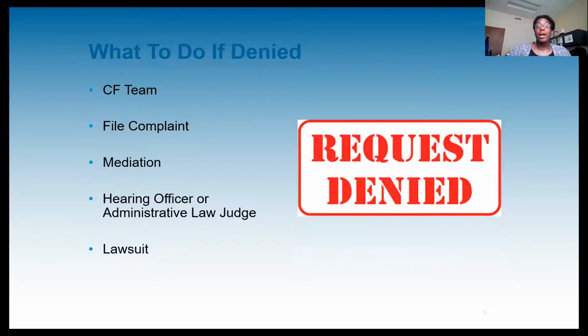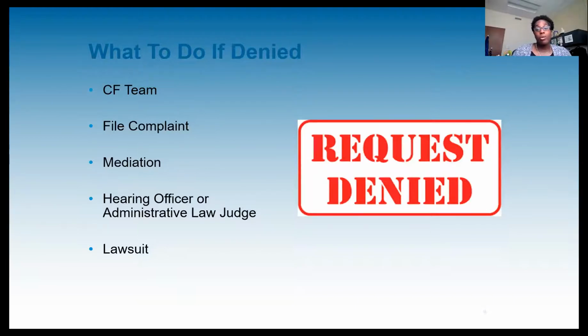So what if you're denied? If you were denied, one thing that you can do first is go to your CF team, and maybe they can do some additional advocating for you. That could be talking with the school, writing another letter, things of that sort, so that they can help out and the school can understand how important it is for the student to have those accommodations. If that does not work, you can also file a complaint with your state education agency, and